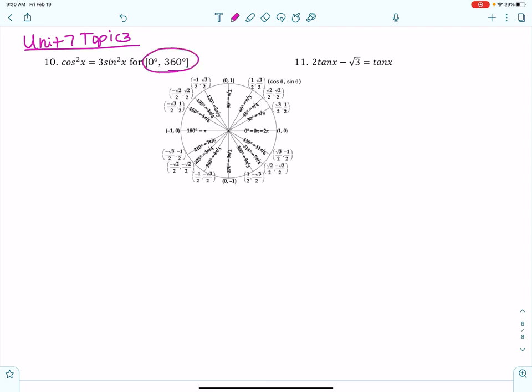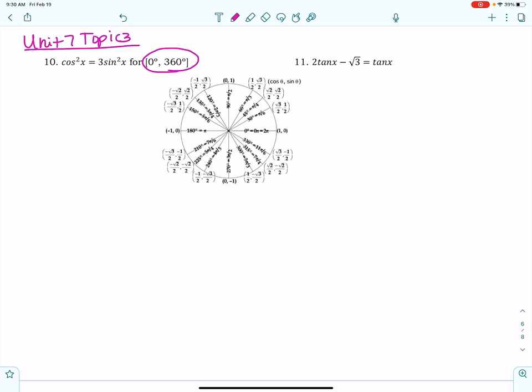This means that no matter how many values occur on the unit circle, I just care about them once. I don't have to add anything to my solutions for rotation. So the only problem with this is that we are not all using cosine and sine. It's kind of like having an equation with two variables in it. But lucky for us, we have our identities that we know about, so we can manipulate this and change either sine squared x to 1 minus cosine squared x, or I can change cosine squared x to 1 minus sine